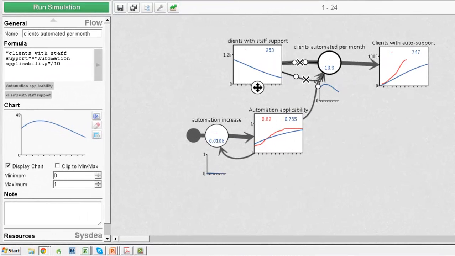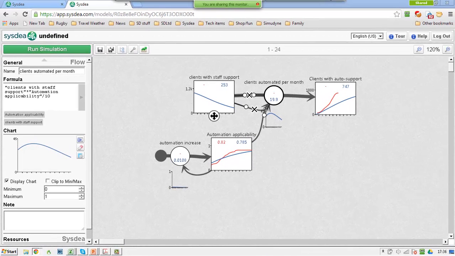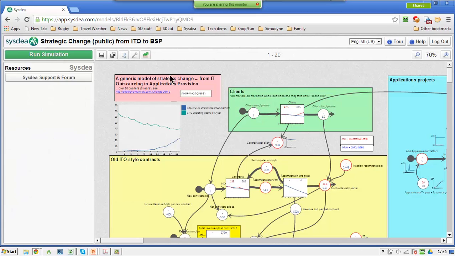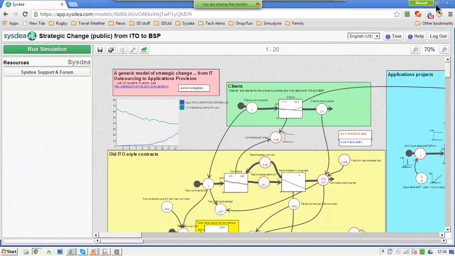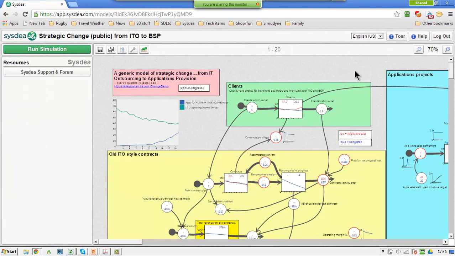This is a change that's taking place in the IT outsourcing world, where IT outsource providers are moving from providing a service of looking after the people and the kit and the apps to saying, well, why don't you, client, forget about worrying about all of that. We will just provide you with an application and you pay us for that. So if I zoom right out here,